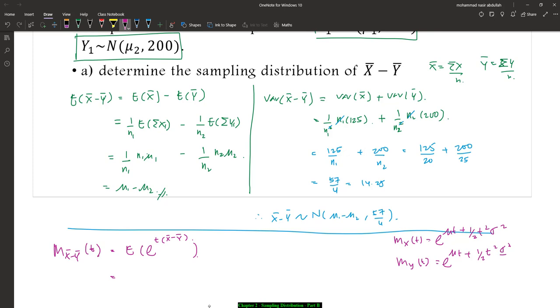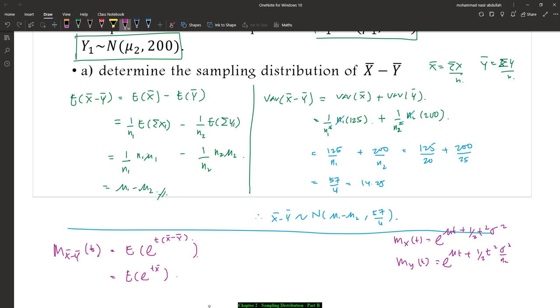So this one should be divided by n1 and n2, right? So you multiply the same thing. Expected of e to the t x bar plus